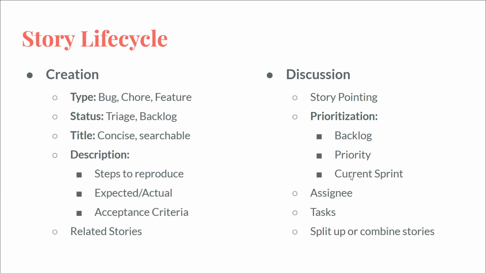Or you may say, actually, this is related to another ticket. We should probably combine those two and do them all in one go. Or you may say, actually, this will close another ticket, so we should pull that one into the sprint also and make sure to test it so that when this is finished, both of these are marked as completed. Or we have a ticket that says change the color of the button to blue, and this ticket is called remove the button. So we should just archive or delete that other ticket, because we know this one is going to completely negate the other one's existence.